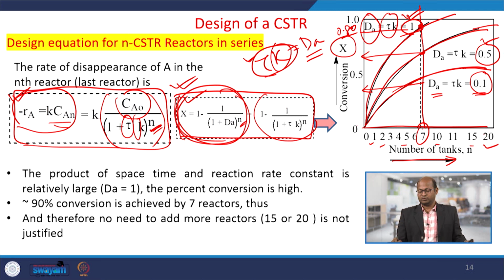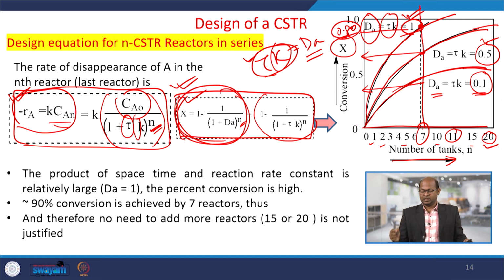We do not have to use 20 reactors, or 10, or 12 reactors. The exact number of reactors we can easily find out, and that tells us, when we are going to conduct a reaction and want to design a reactor, that a total of 7 reactors connected in series will give us our desired conversion,